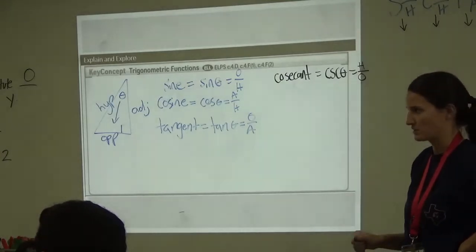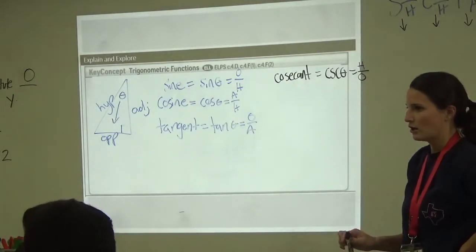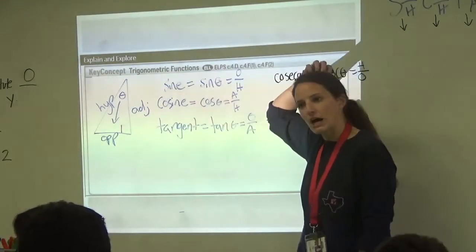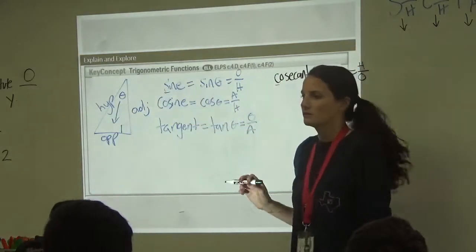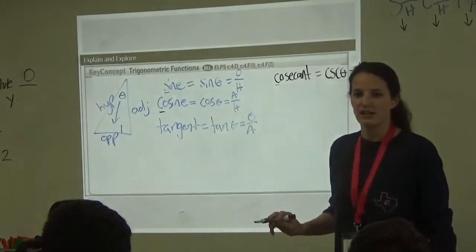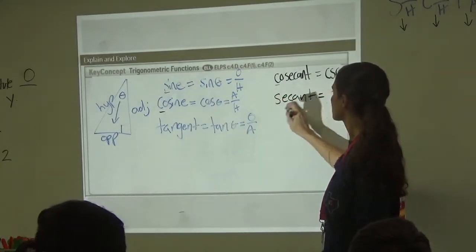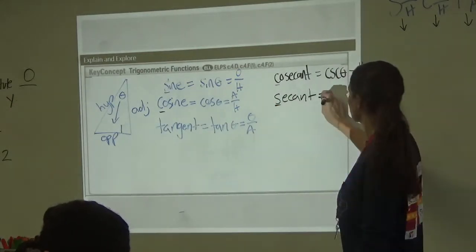Hypotenuse over opposite, instead of opposite over hypotenuse. Okay, now you have to just know that these two go together. It's kind of the opposite of what you would think. This one starts with an S and this one starts with a C. Where for cosine, its partner is going to be secant. It's confusing, it starts with an S. And secant is abbreviated